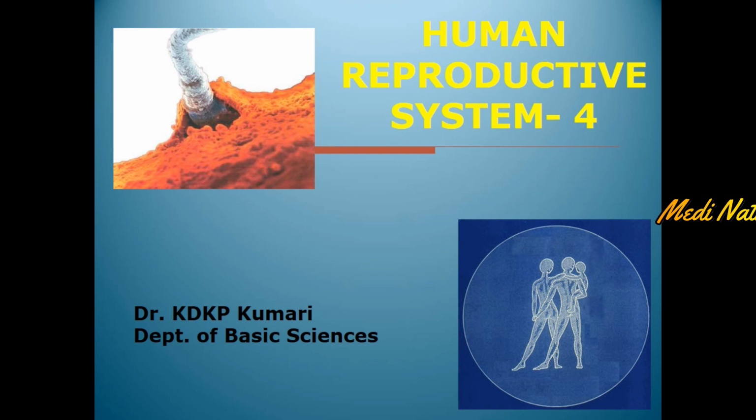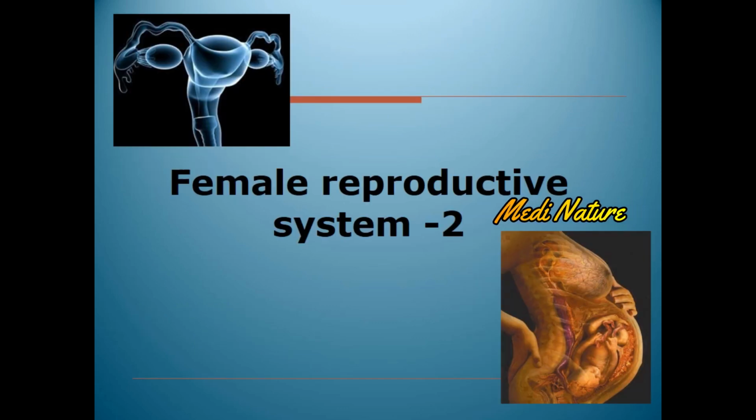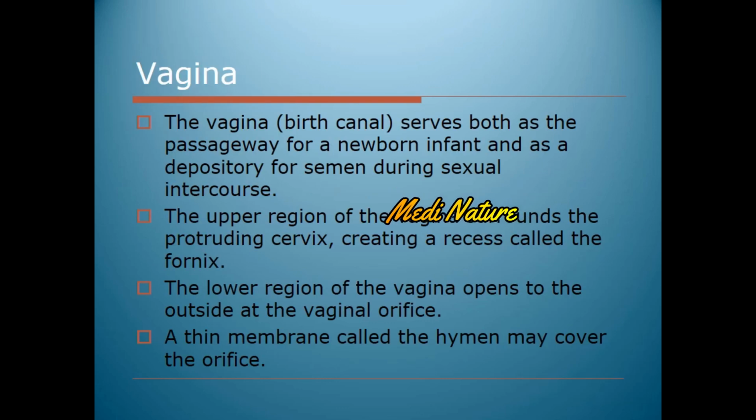So this is the continuation of the lecture on the human reproductive system. This is the second part on the female reproductive system. The next organ of the female reproductive system is the vagina, or the birth canal. It serves in two ways. The first is as the passageway for a newborn infant, and also as the site for deposition of semen